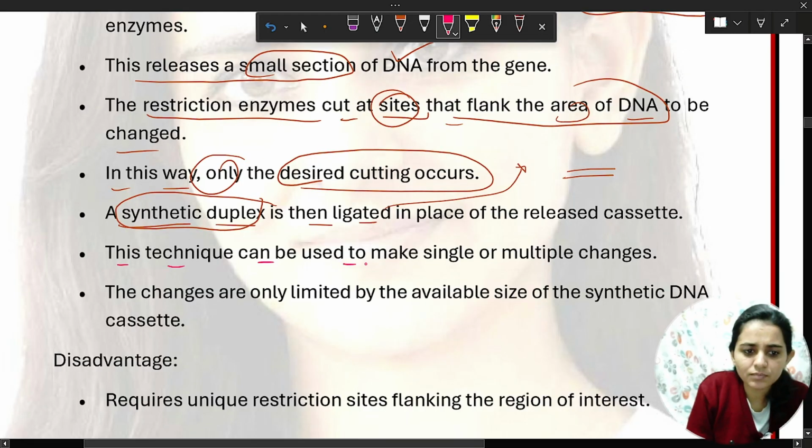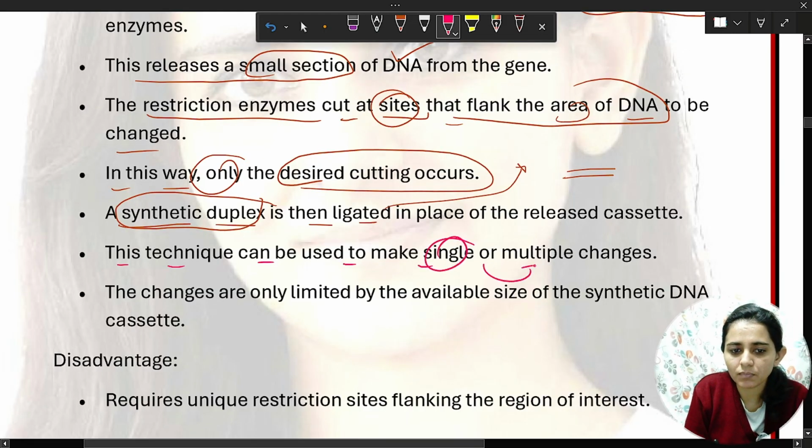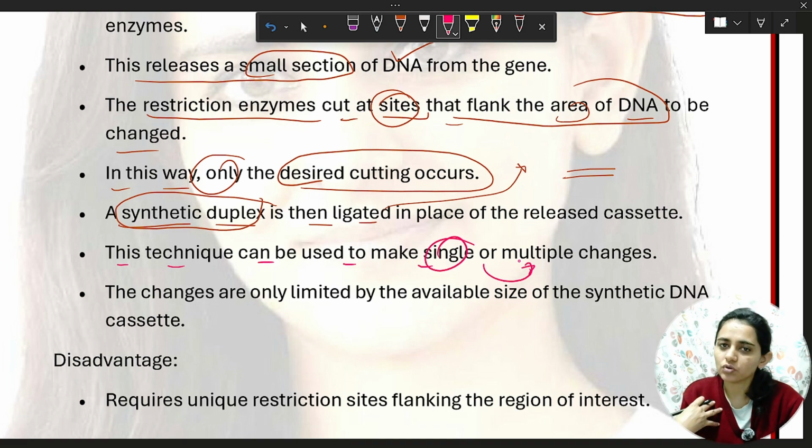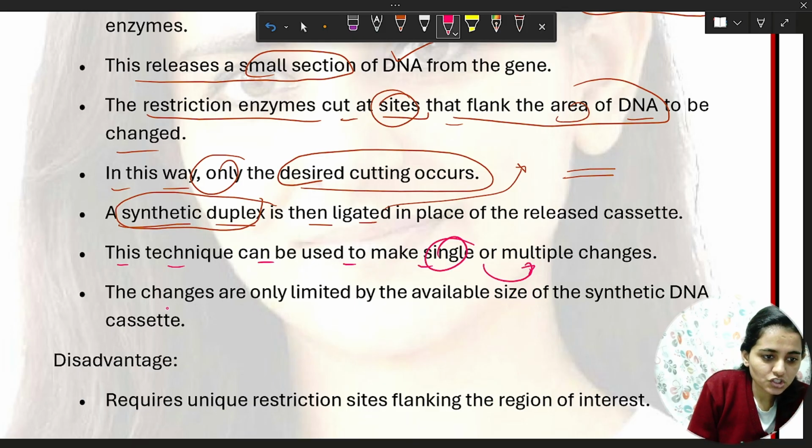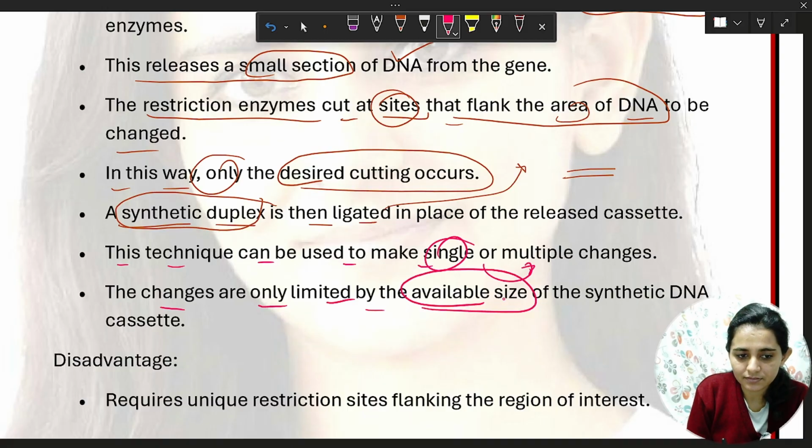This technique can be used to make single or multiple changes according to our need. We can do a single nucleotide change or a multi nucleotide change, and multiple sites we can choose for the mutation. The change is only limited by the available size of the synthetic DNA cassette.